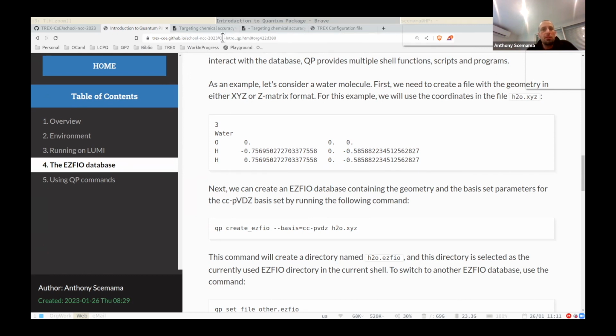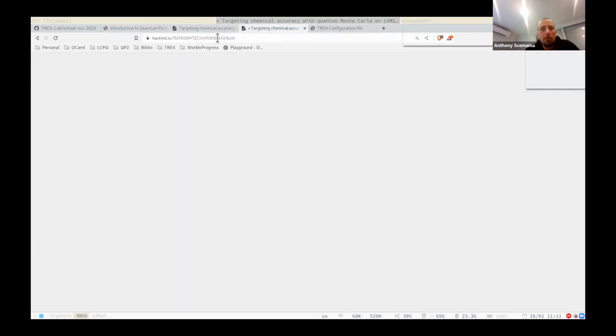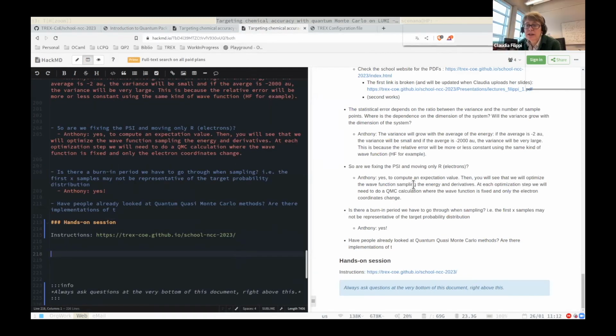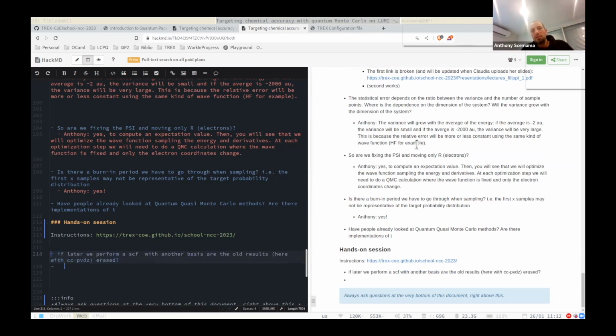So do you have any questions? Okay, if later we perform an SCF with another basis, are the old results here with cc-pVDZ erased? So you cannot change the basis. Once you have created with a basis, you have to stay with this basis.